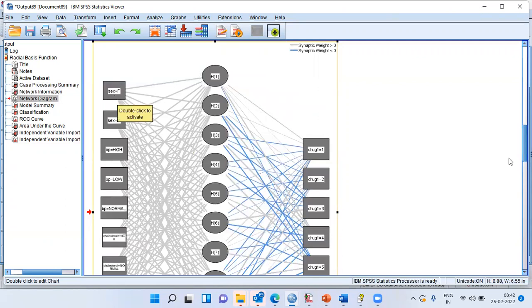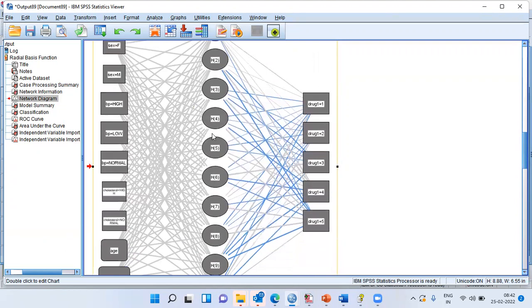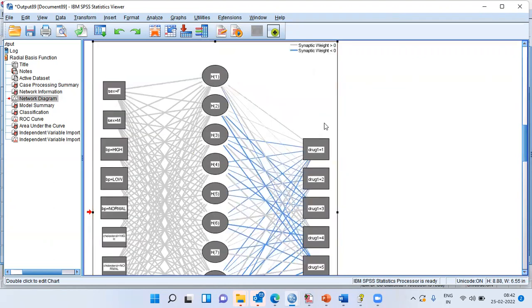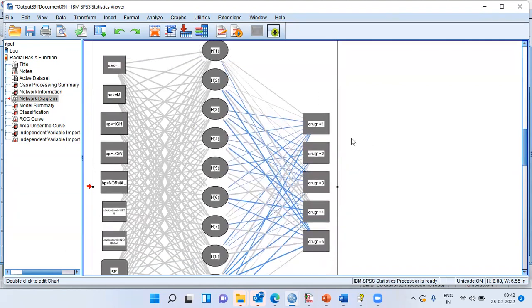Then we are processing the input layer to find out certain weights, and based on the weights, we push it into the activation function and take out the results. And then we are able to predict in the output layer which drug a patient responds to, right? So you can see here the output layer consists of 5 different levels of drug, and this is the hidden